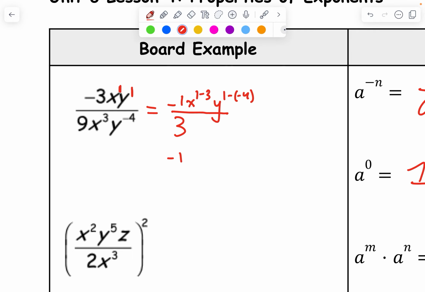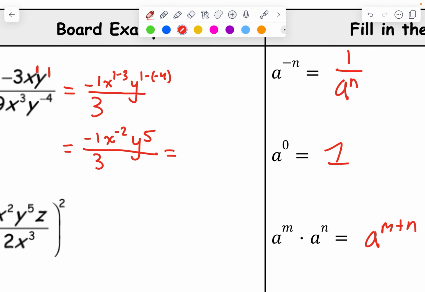So then I have -1/3. The x becomes x to the 1 minus 3, which is x to the -2nd. And then I have 1 minus -4. Remember, when you subtract a negative, it's the same thing as addition. So 1 minus -4 is just 1 plus 4, which is y to the 5th. And then finally, to fully simplify your answer, remember, if you have an exponent that is negative, you want to create a positive exponent, which is what we want for a fully simplified answer. We move this term to the other side of the fraction. So I'm going to write this as -1 y to the 5th over 3x squared,